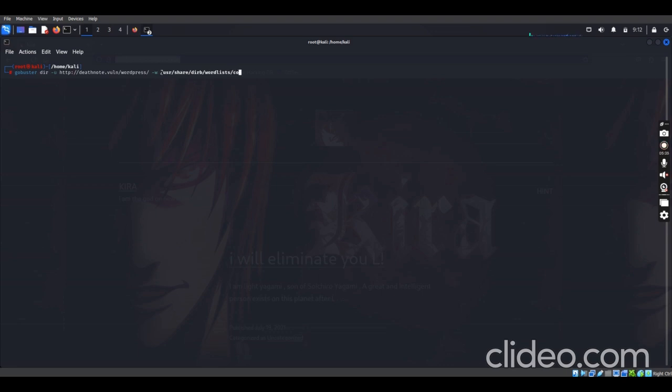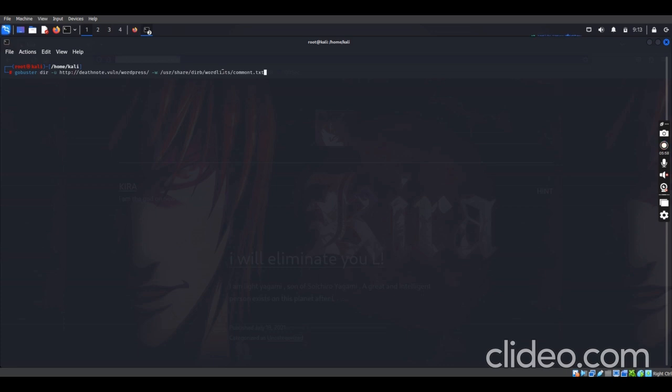The word list is found on my machine under the folder usr, under usr is share, down to this place. Then we have a file that contains the word list, which is a text file called common.txt.